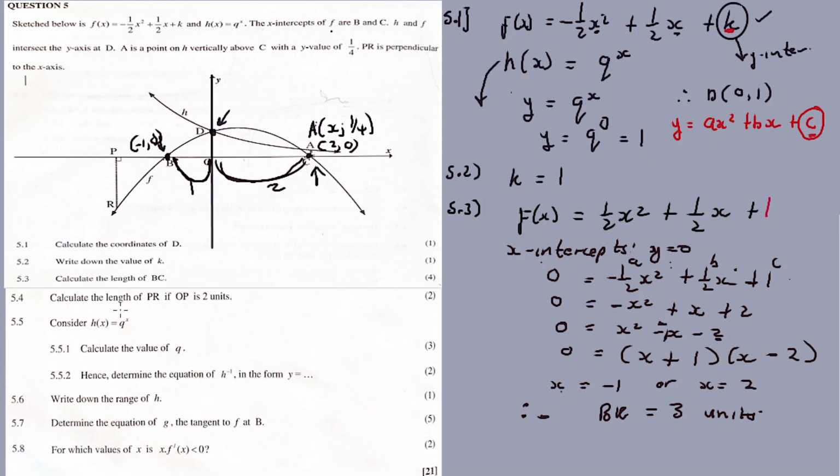Right. 5.4, calculate the length of PR. So how do we calculate this one? Alright, let's do this. So 5.4, calculate the length of PR if OP is 2 units. From here to here, it's how many units? 2 units. Remember? So in order to calculate PR,